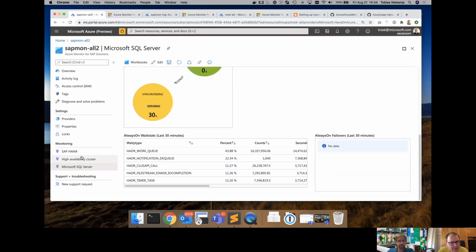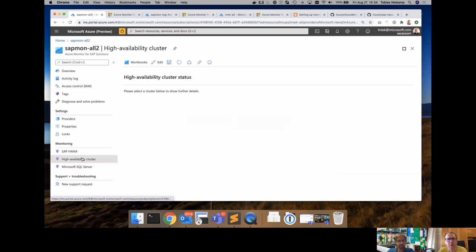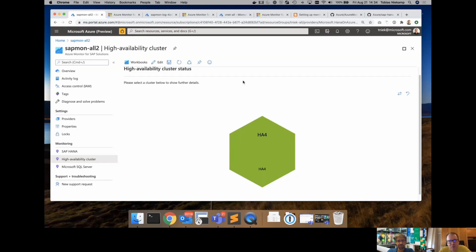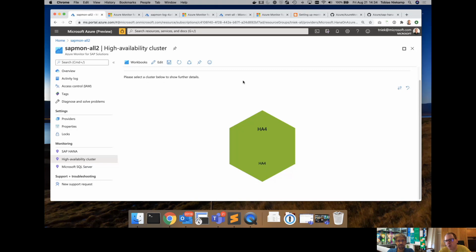Yep, and last but not least, we are also investing in the actual infrastructure tool. So we built this together with the colleagues from SUSE. So shout out to our friends from Nuremberg or wherever they are based. This is a high availability cluster that we have running on one of the systems. SID was HA4. That one uses Pacemaker as per our official Microsoft document on how to set it up.